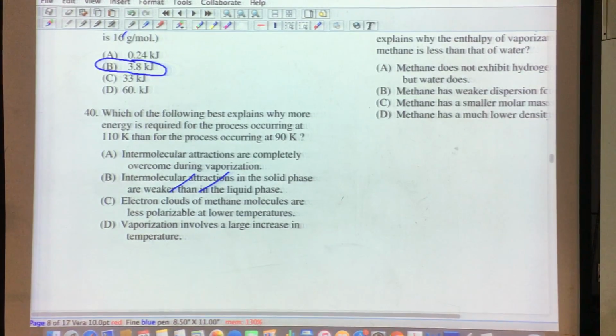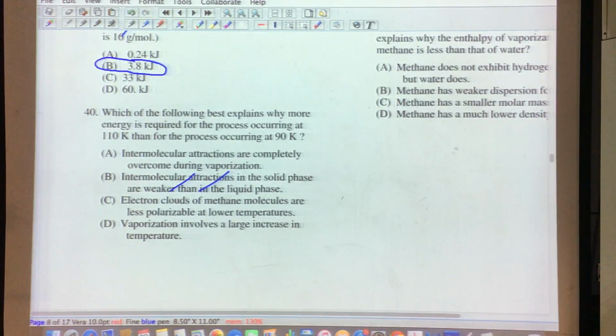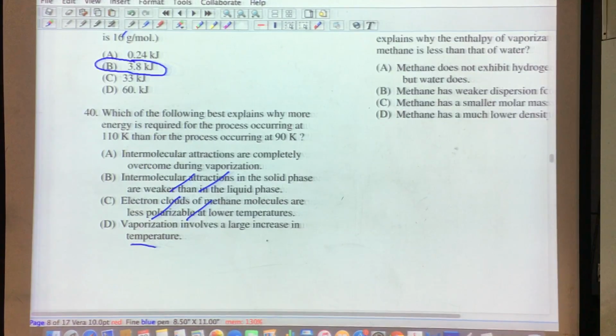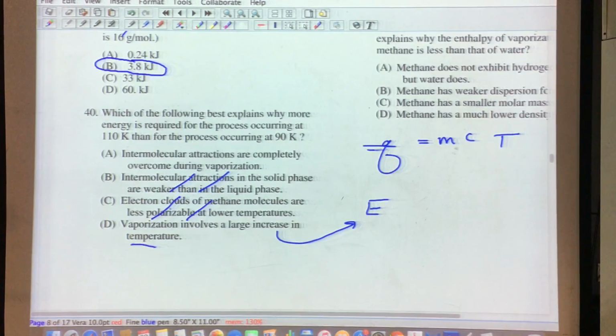Electron clouds of methane are less polarizable at lower temperatures. That's crazy. And vaporization involves a large increase in temperature. This would be nice if it said large increase in what? Energy, right. Temperature Q is not equal just to T. It's MC change in T to get to Q, so it's not. So A is the best answer, talking about